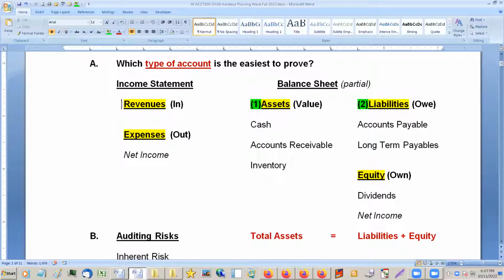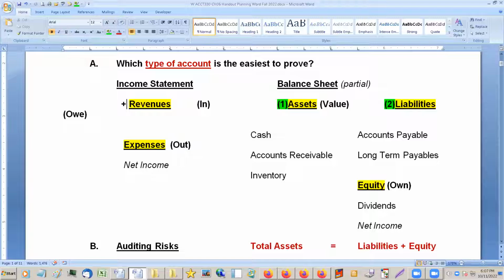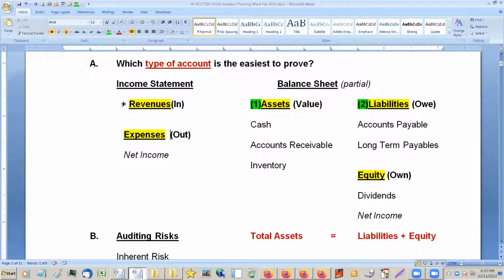This is money coming in. And this is money going out. That's going to equal our income. So if we can prove assets and liabilities, we know equity is okay. If equity is okay, we know the net income should be okay too. Now, if you overstated revenues and you overstated expenses by the same amount, it'd come up with the same income, but you know that the net income would be okay.